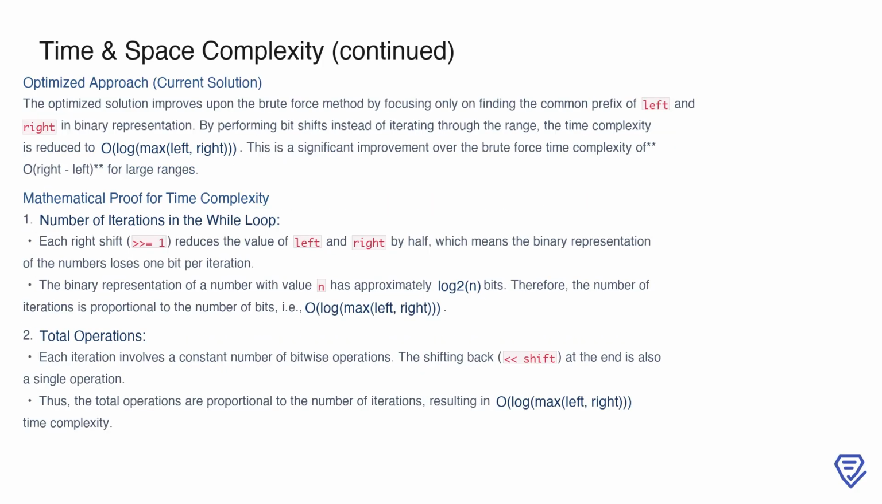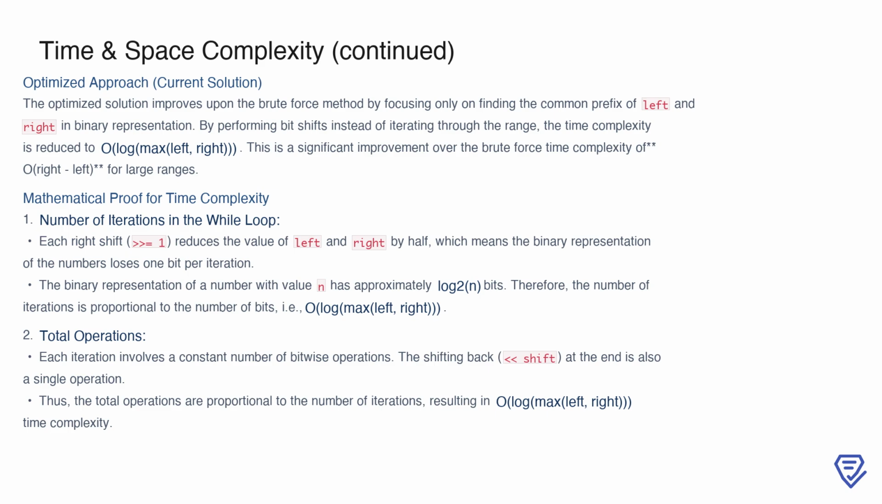The optimized solution significantly improves upon the brute force approach by focusing on finding the common prefix of left and right in their binary representations, rather than iterating through all the numbers in the range. By using bit shifts to reduce the numbers until they match, the algorithm eliminates unnecessary computations and achieves a time complexity of O(log(max(left, right))). This is a major improvement over the O(right - left) time complexity of the brute force method, especially for large